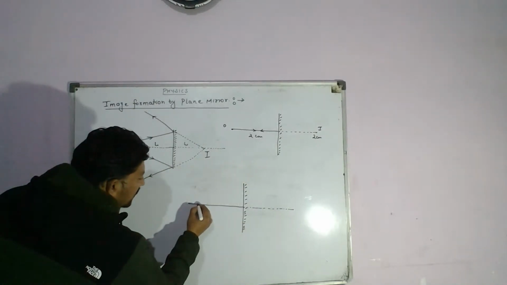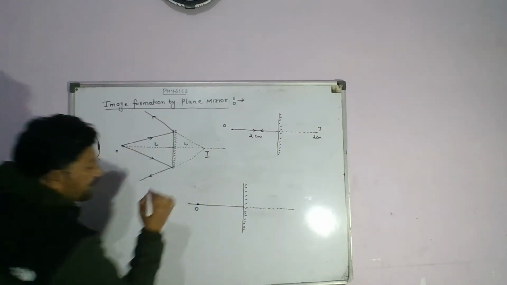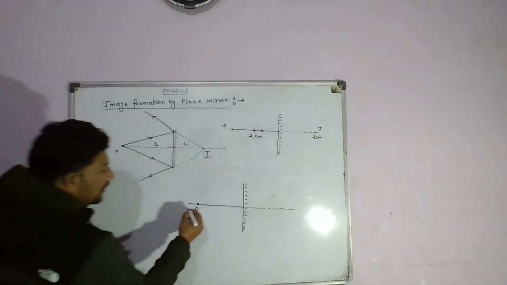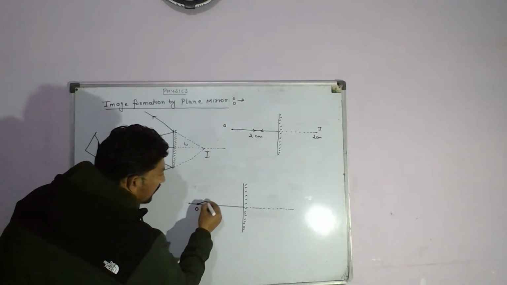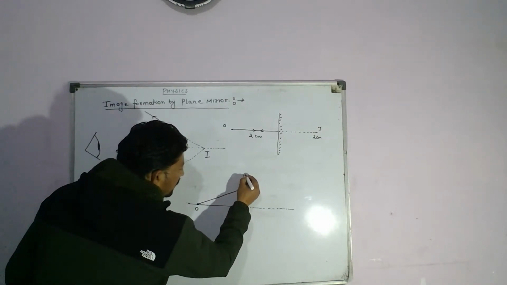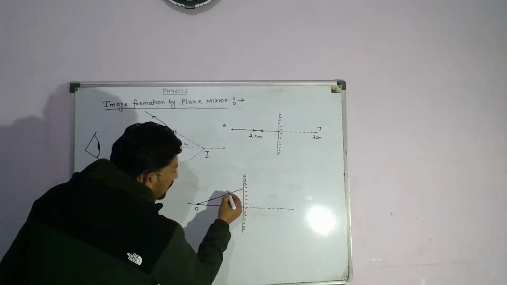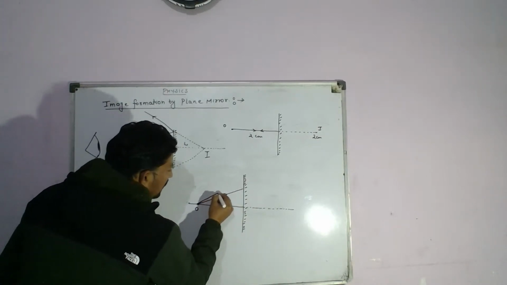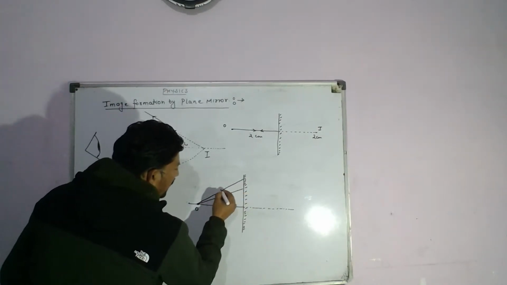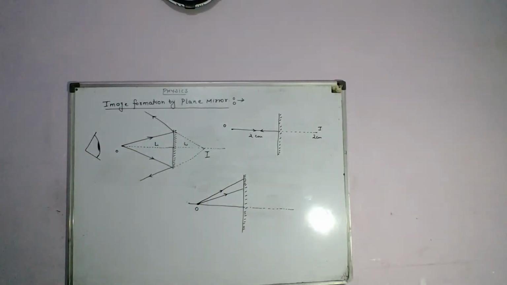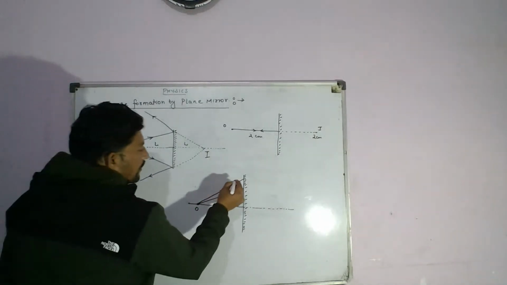You take an object here. You pass two incident rays with different angles. They strike, there are two incident rays, striking with two different angles. So these two rays